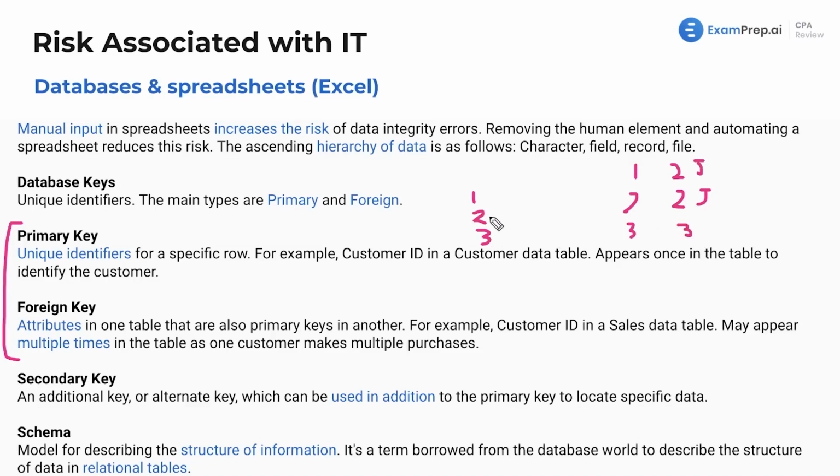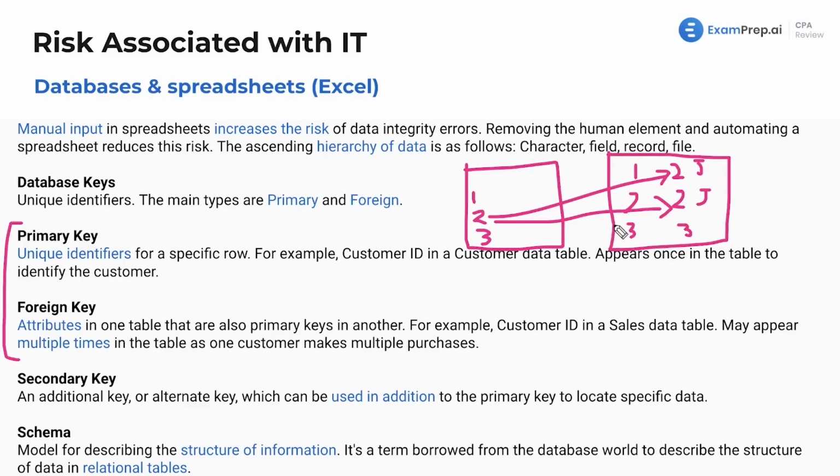So these are the primary keys carrying over, but they are foreign keys. They're in a foreign land. They are foreign in this table. So there's two tables. This table is just the customer list. It's all listed out one time. There's me, there's the other person, and here's another table. This table is all the transactions that happen. And again, the primary keys become the foreign keys in this other table. They may appear multiple times in the same table as one customer makes multiple purchases. Or if I didn't make any purchase, maybe I make a purchase next year, this is just your big repository of all the data, all the people there.